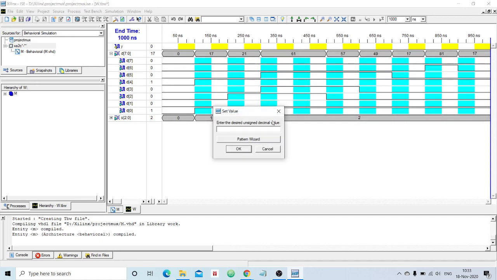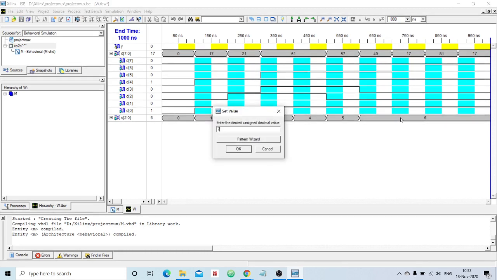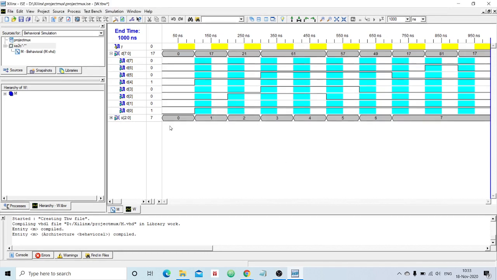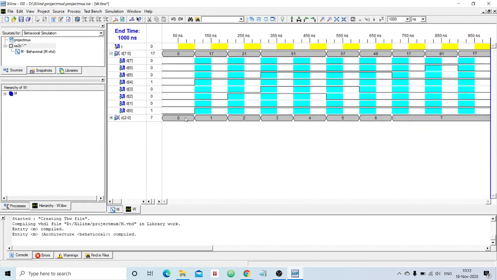So click it here and 3. Okay, 4, okay, 5, okay, 6, 7. Now I have provided all possible values for the selection line. Since the selection line has a dimension of 3, possible values are 2 to the power of 3, 8, which is nothing but 0, 1, 2, 3, 4, 5, 6, 7, right?